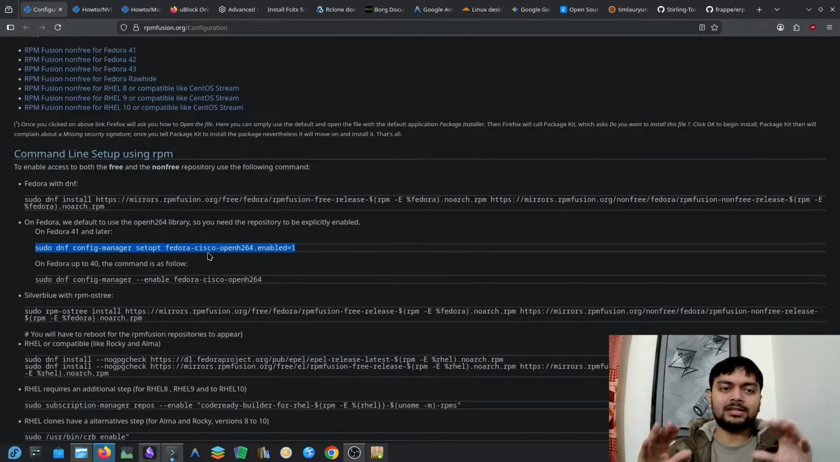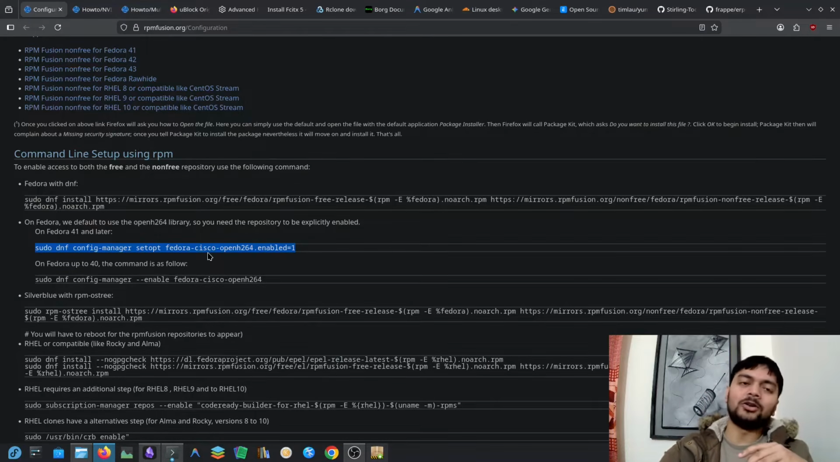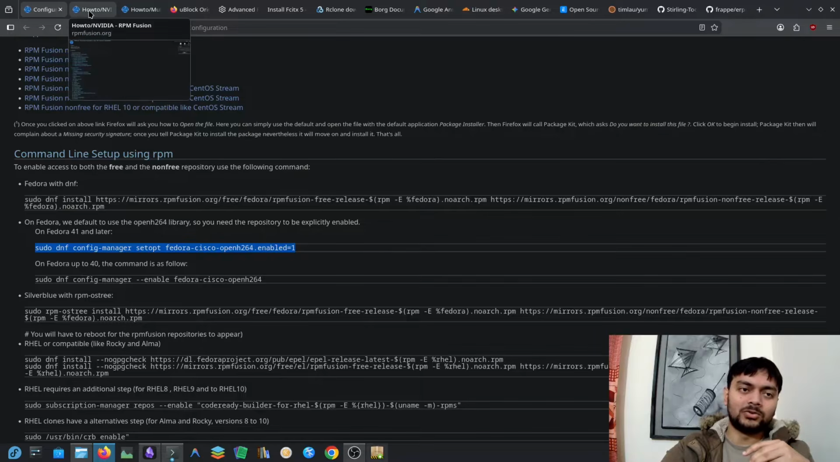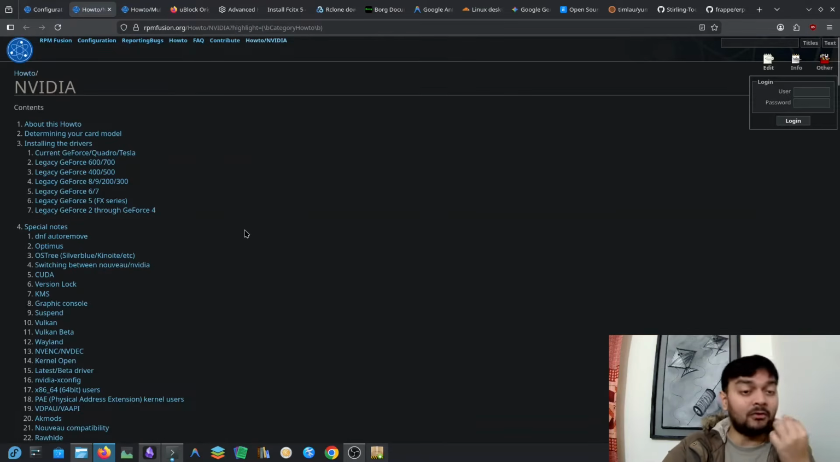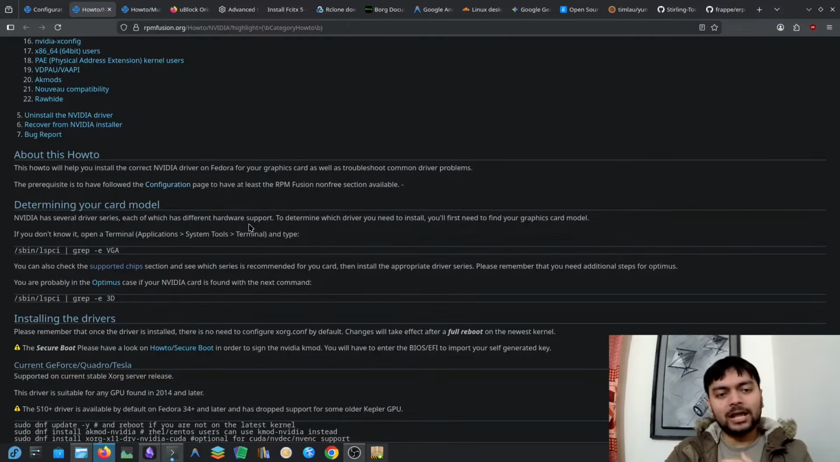After that, you are not really done yet. You have just added this as a store in your terminal, right? Now you need to go to one of the how-to pages of RPM Fusion. Basically, what you need to do is check what type of NVIDIA driver you have, right? So you'll have to run this command, and if in this command you find that